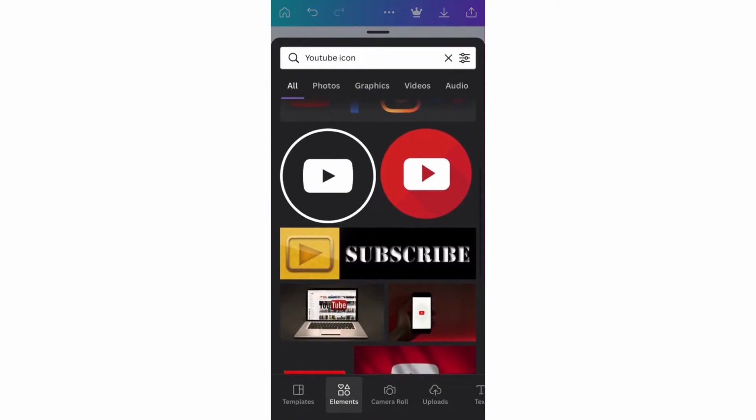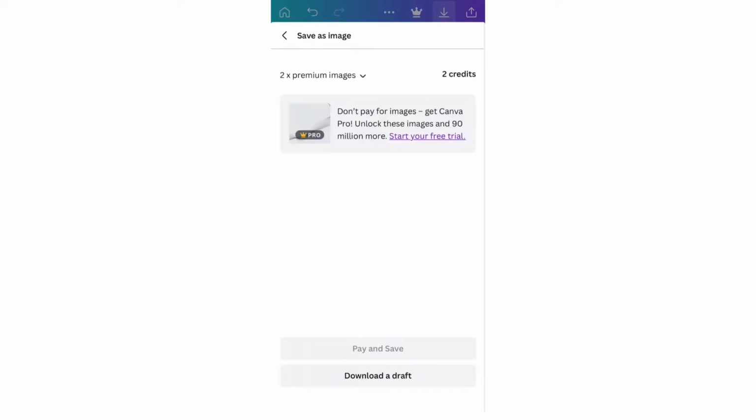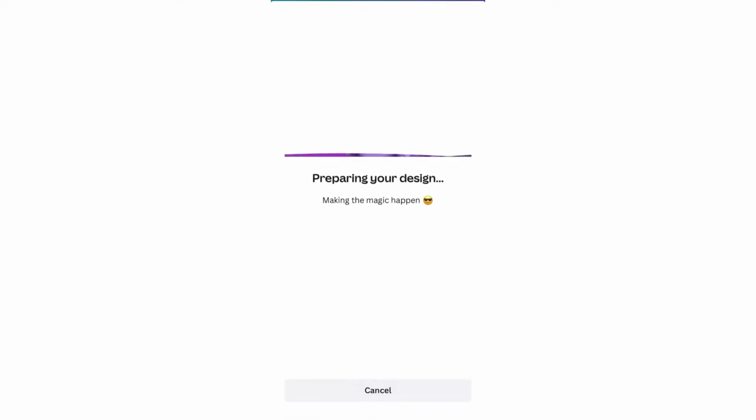If you want to put it, you can. Then get the subscribe icon there, then put again, then you save it. Nothing much, just save as draft, download the draft. I think that's all. Prepare your design